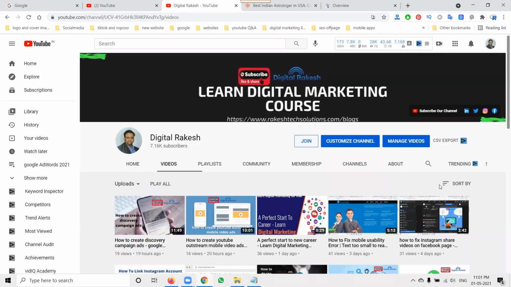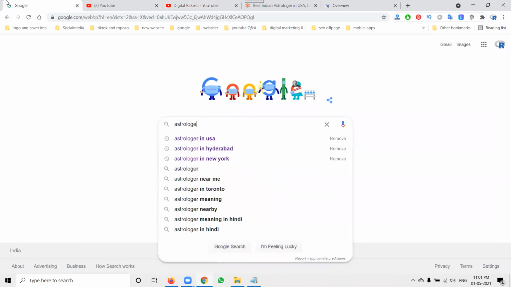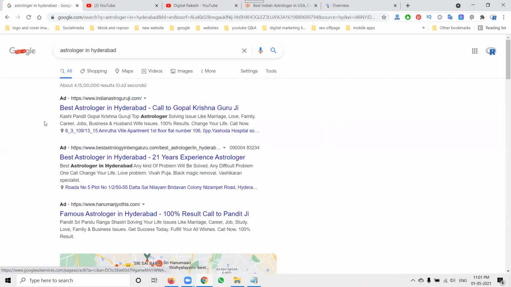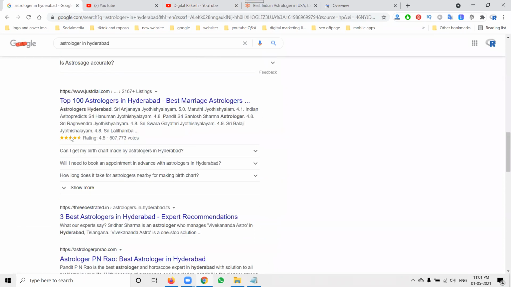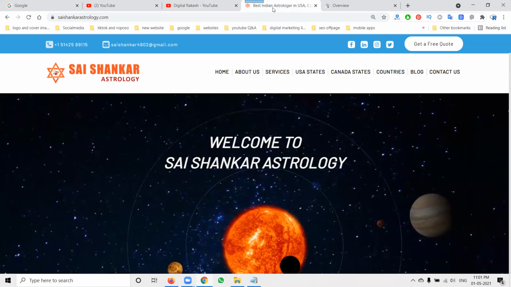So guys, today I'm going to discuss how we can create a star rating option and structured data markup using Google Search Console. First of all, if I'm searching for any kind of astrologer in Hyderabad, a lot of people give a kind of star rating on websites: rating, votes. So these are all options we can create using Google Search Console. That coding is there, and we can use it for Google Search Console. For this purpose, select your website.